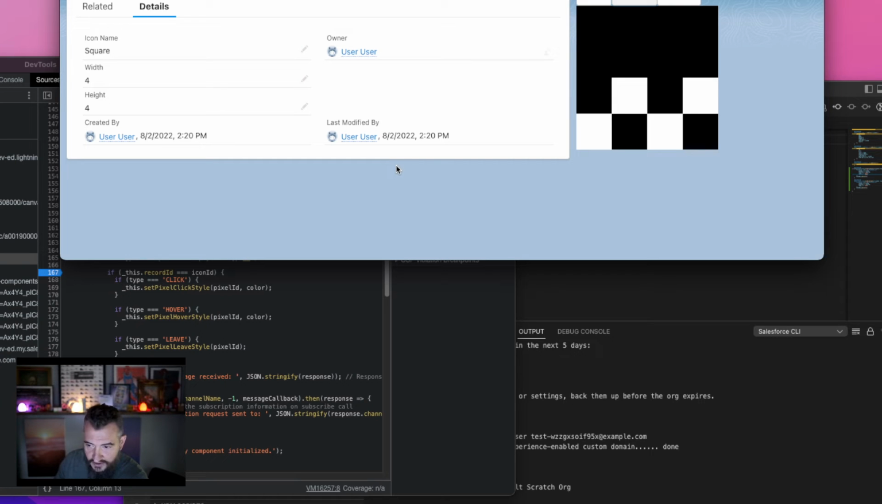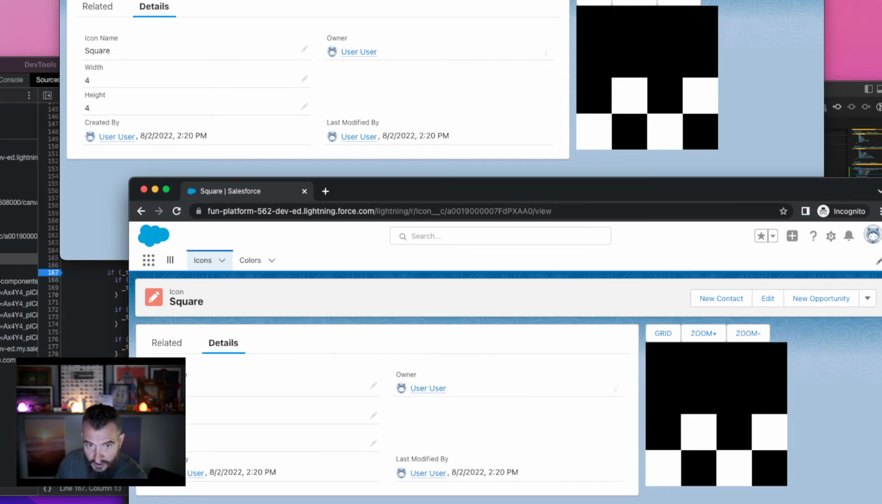So I'm going to go across this row. I'll go to my incognito window, and I'm going to hover over each one. I'm going to click, and then I'm going to leave. Let's see what we did. Hover, click, leave, hover, click, leave, hover, click, leave, hover, click, leave. All right. And now we're going to